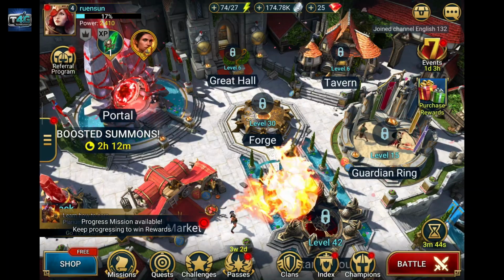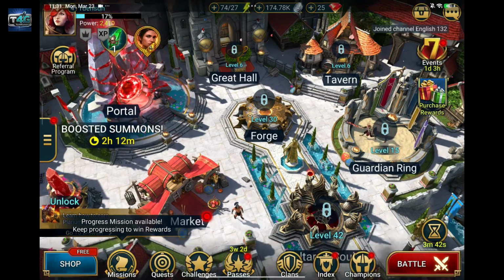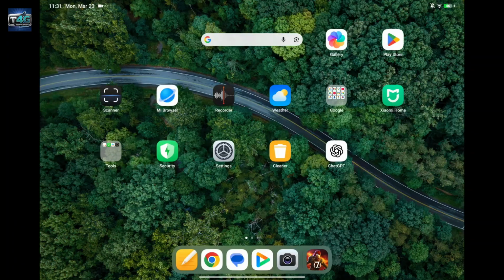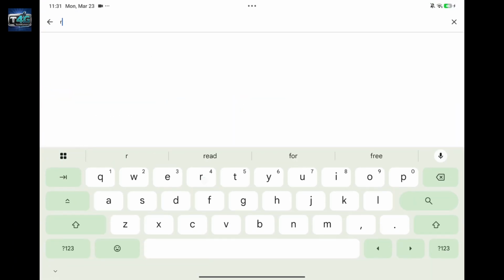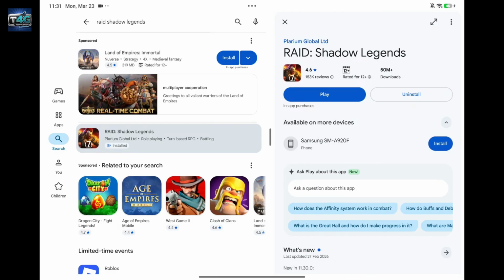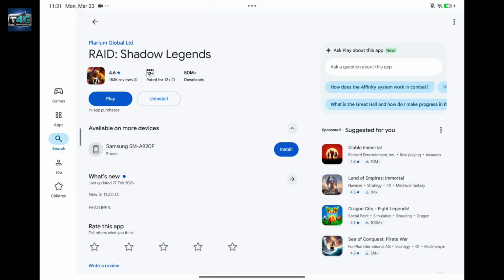If the problem still continues, make sure that you have updated your Raid Shadow Legends application to the latest version. If you're not sure about that, go open up your Google Play Store or your App Store and go to the search bar and type in Raid Shadow Legends. Once you search for the Raid Shadow Legends app, make sure that you see an update button. If you see the update button instead of play, then tap on update to download the latest version of the